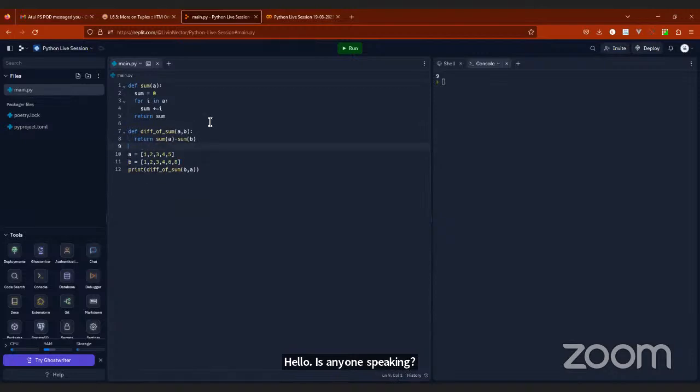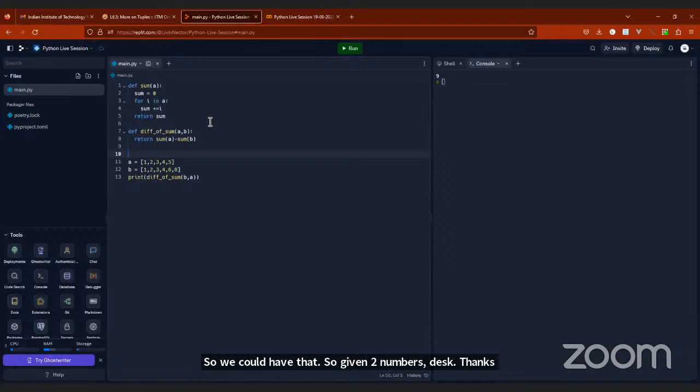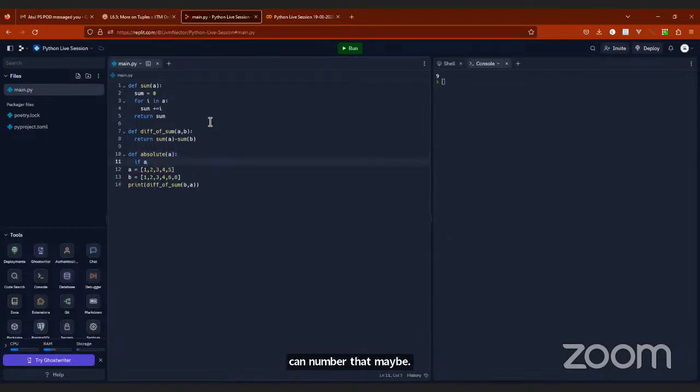So we could have that function. So given 2 numbers, it just finds the absolute difference. If the difference is negative, it just returns the positive. To define that, absolute. So this function accepts a number that may be positive or negative. If it's positive, like if a is greater than or equal to 0, just return a, and if it's else,